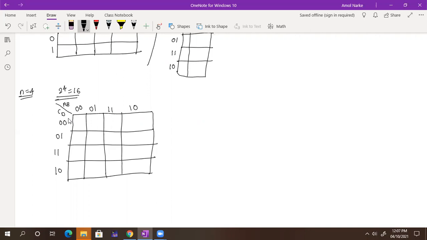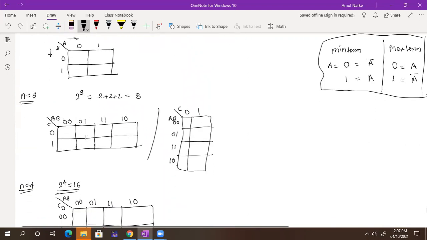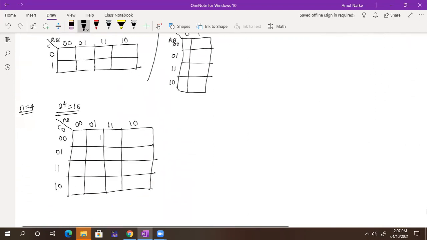So write down that this is a simple table. Whatever the value of n will be, we need to remember the order. This is the standard table. You need to remember these tables like that only, for n equal to 2, 3, 4. When we have 2 variables, this table will work. When we have 3 variables, this table will work. When we have 4 variables, this table will work.